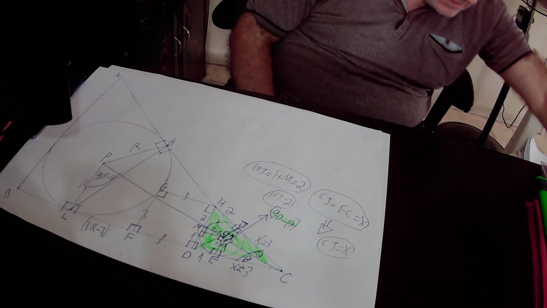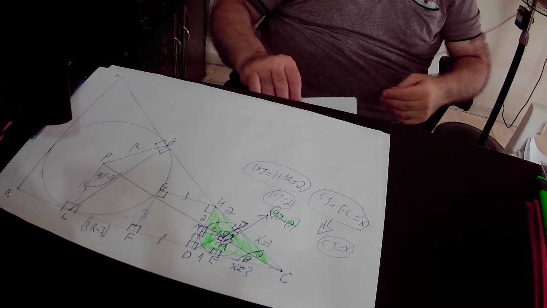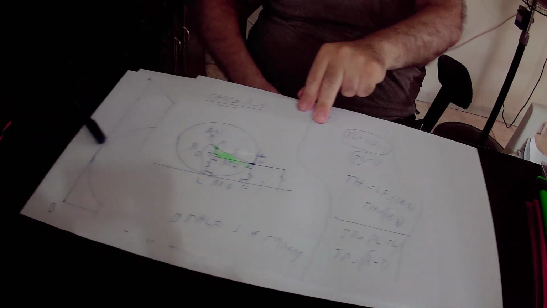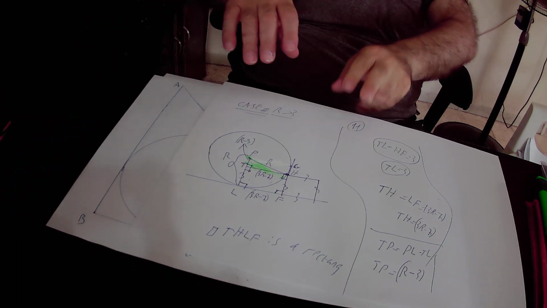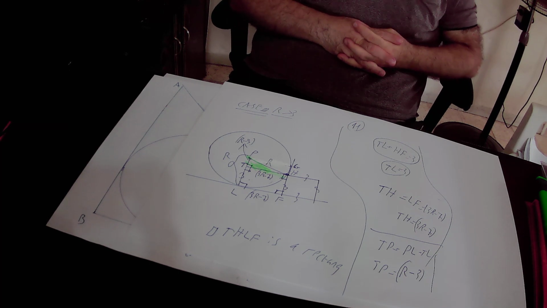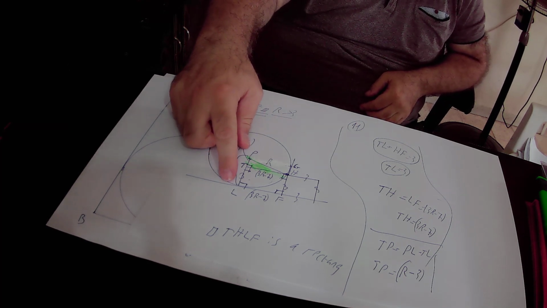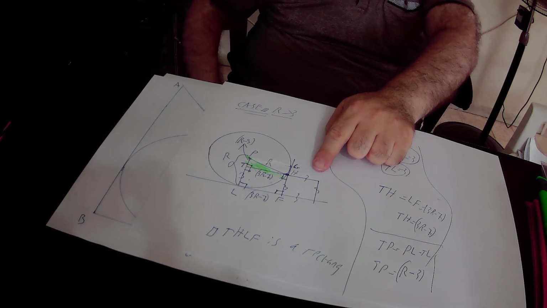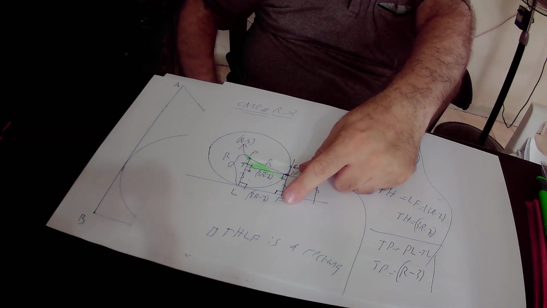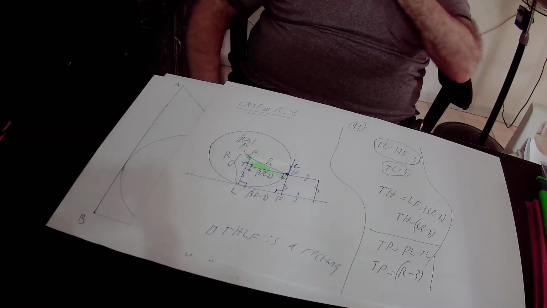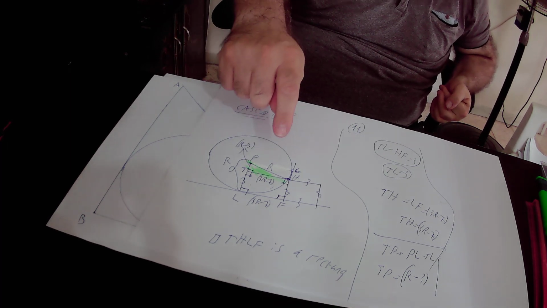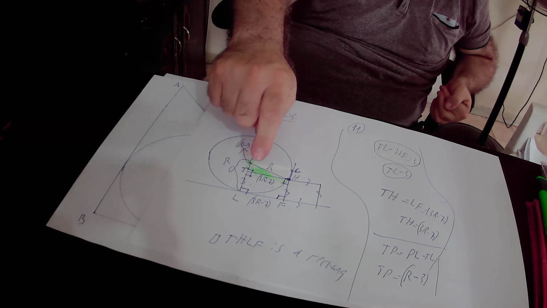Then we have the third possibility, the third case, that R is greater than 3 units. If R is greater than 3 units, then we get this drawing. So here R is greater than 3 units, and each side of the square is equal to 3 units. Therefore, here the square is shorter than the radius. And here we have quadrangle TH, actually